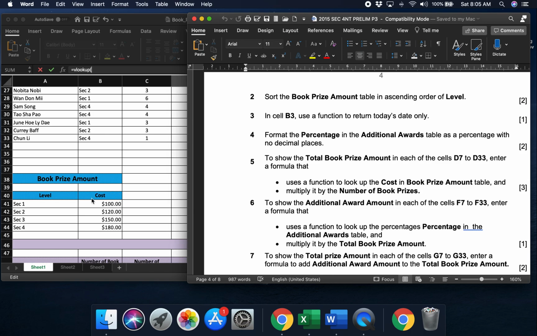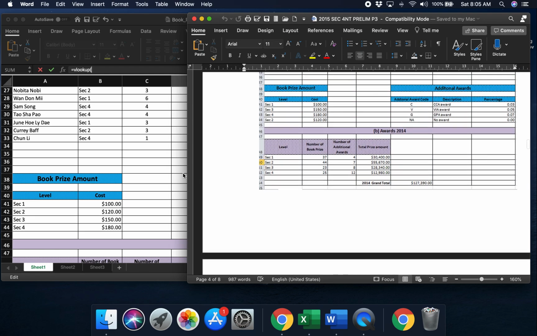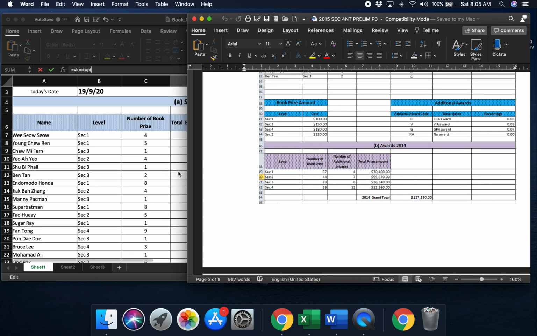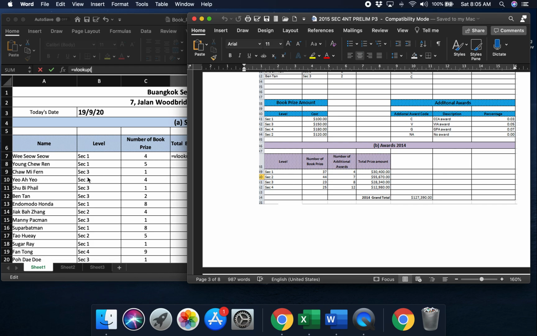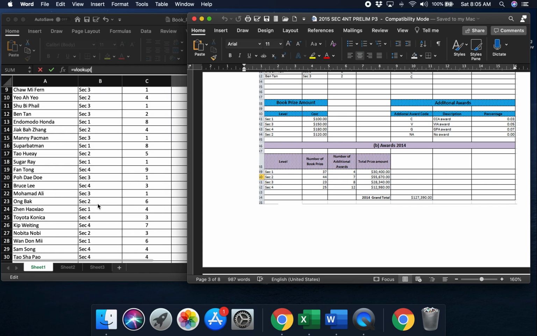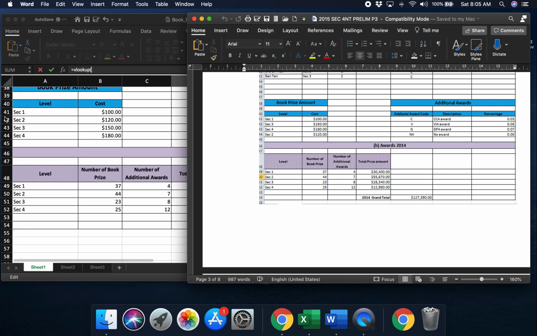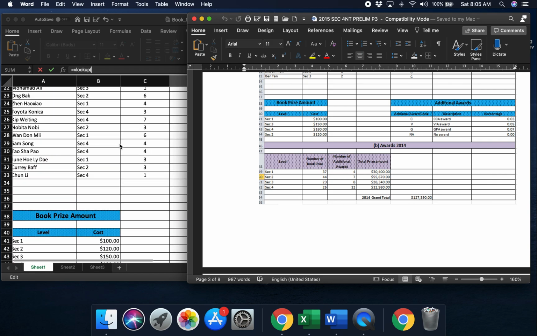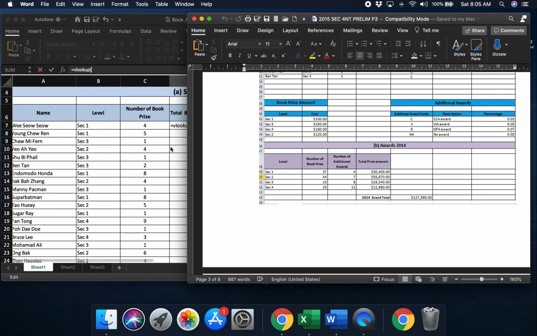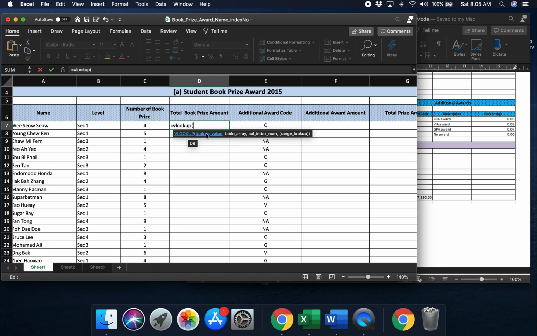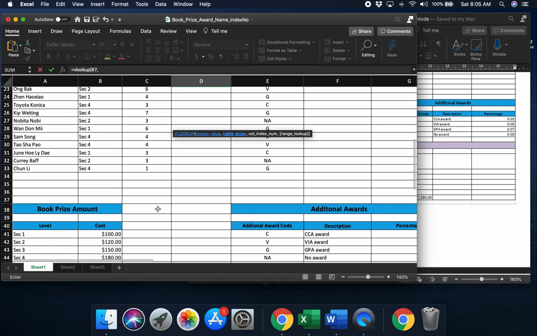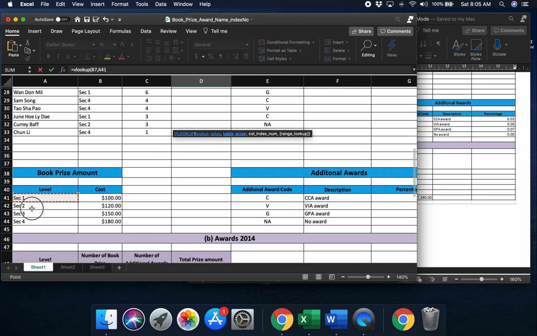So we're looking for this value here. We need to match set 1, set 2, set 3 with this one here. So we're going to look up this value, comma, then go to the lookup table, highlight like that,